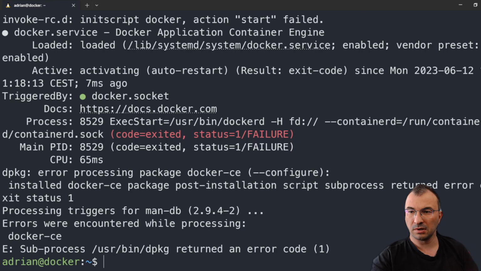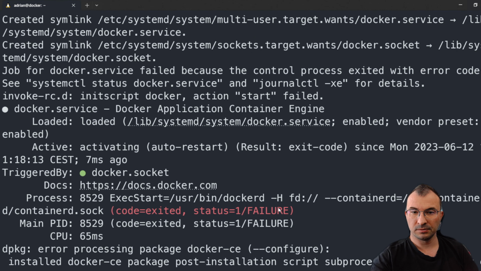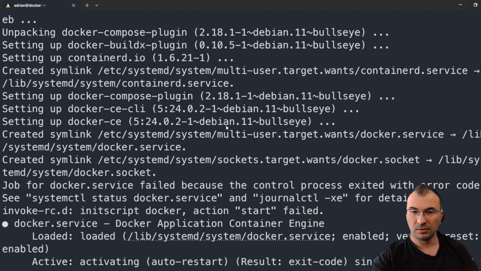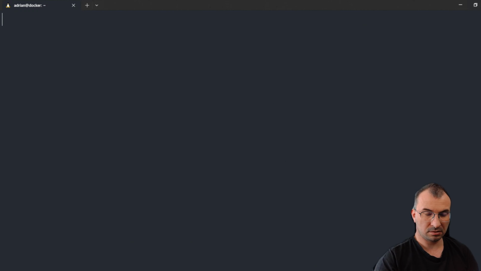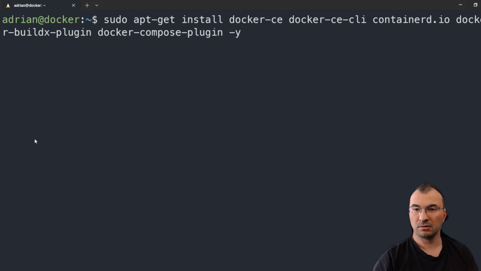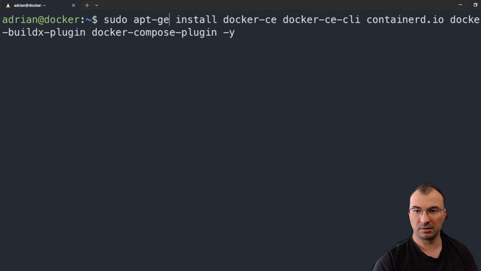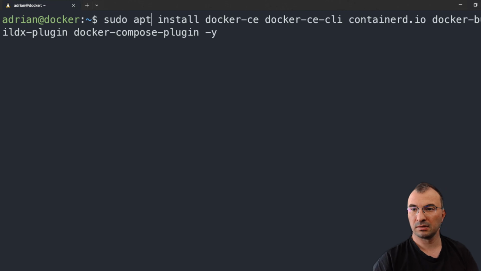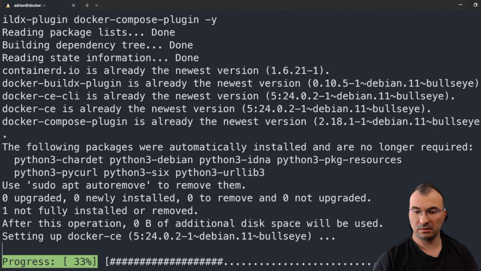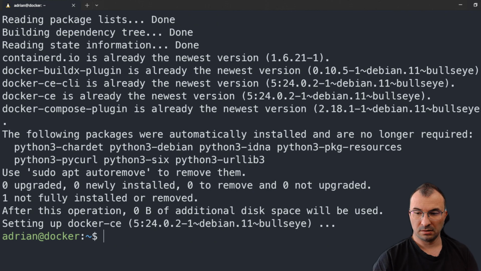The question is why. We need to find out. Okay, we'll check this. sudo apt-get install or apt, one more time. I can try apt instead of apt-get. See. Okay, now that was the problem,